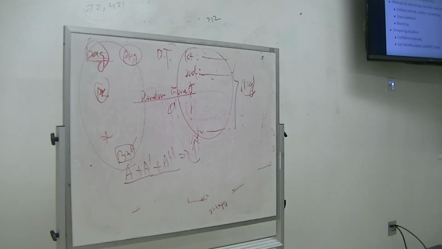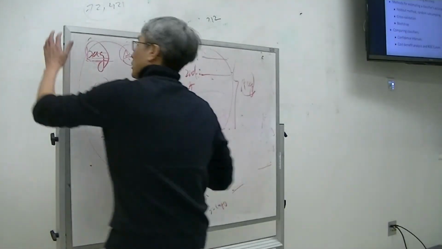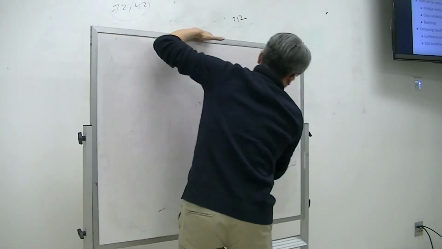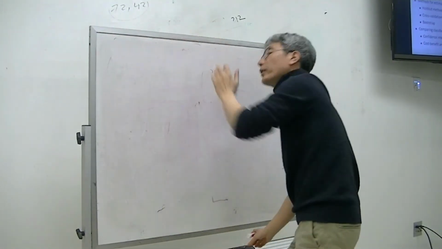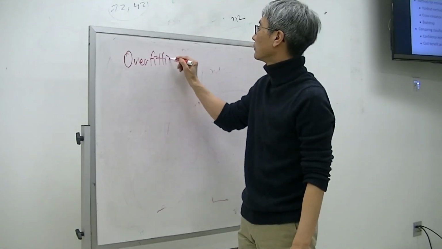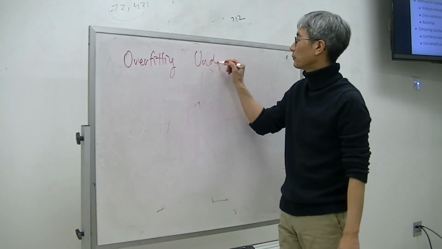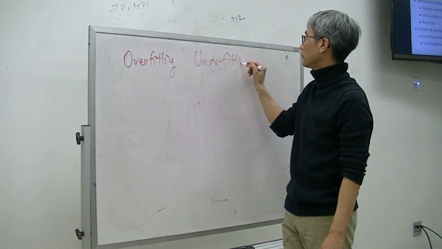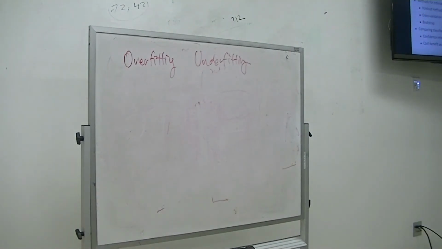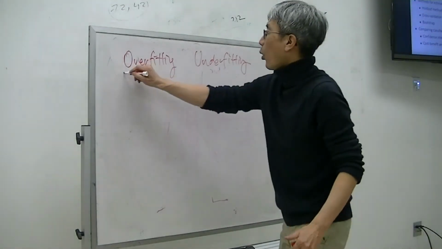Okay. One more thing before we start the model evaluation. You will hear a lot about overfitting and underfitting. When you build your model, our goal is to build a model, right? To classify, as a classifier, we try to build a model. Overfitting means,